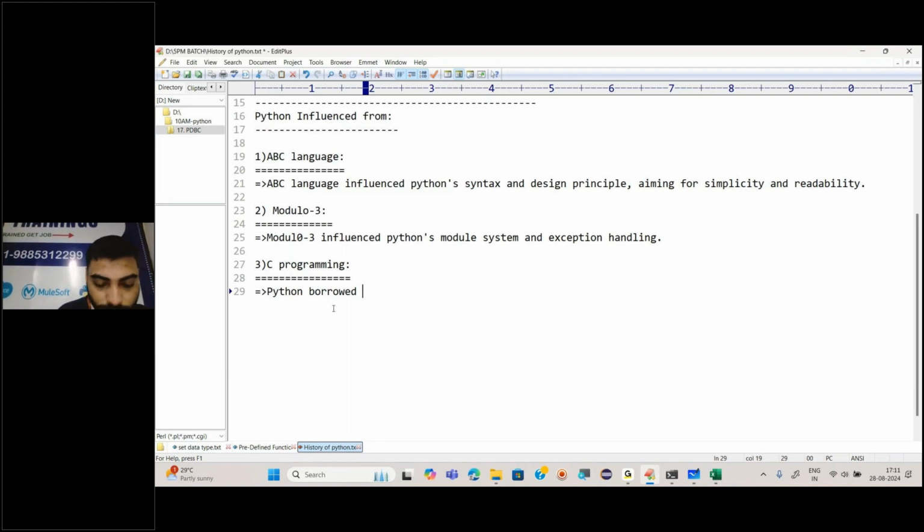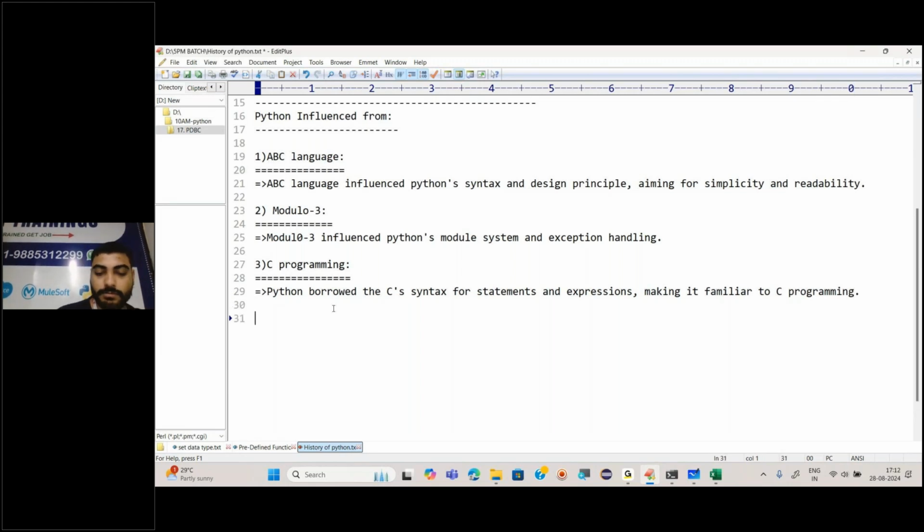So I would say Python borrowed C's syntax for statements and expressions, making it familiar to C programmers.